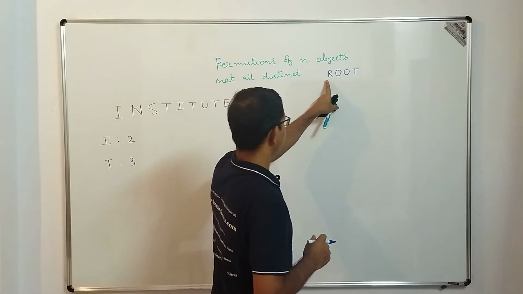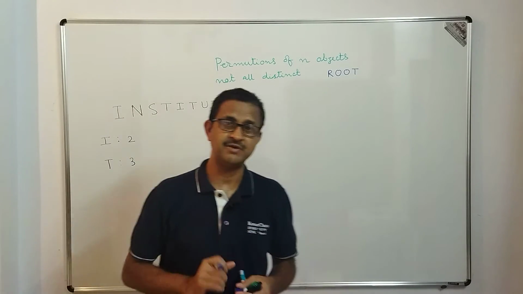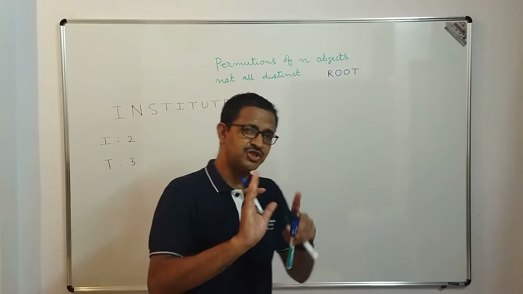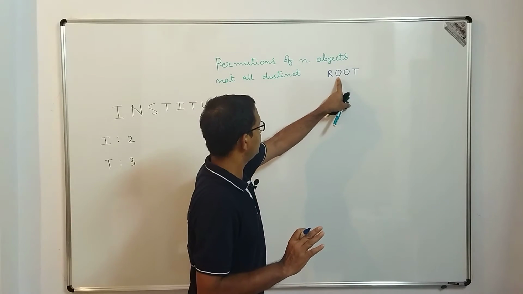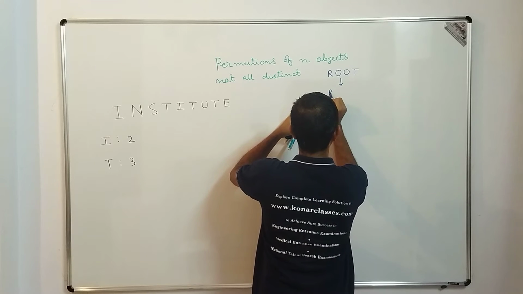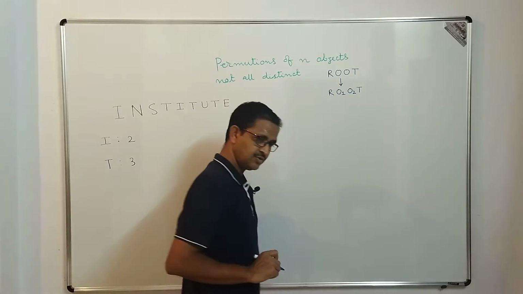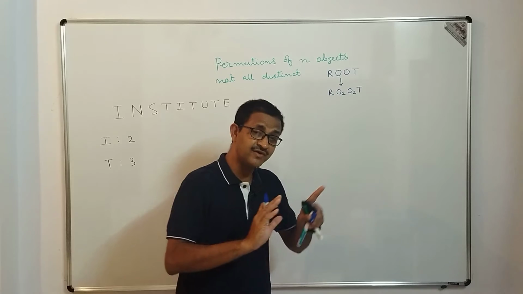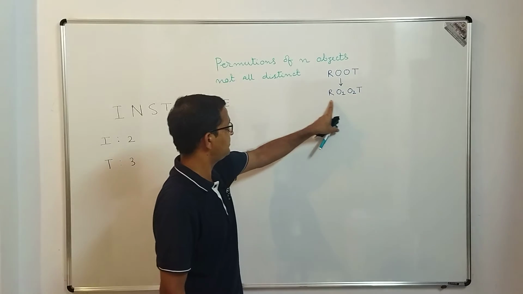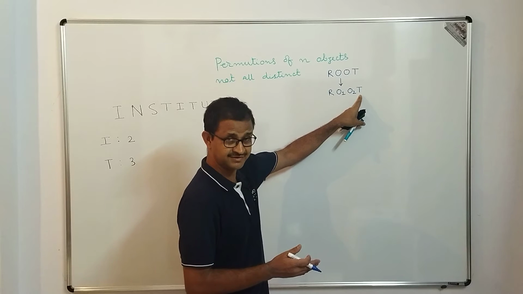If we understand with respect to this small example, it will help us understand when the example is relatively complex. So for the time being, let us assume there are no two same O's. Instead we consider these to be R, O1, O2 and T, in which O1 and O2 are different. In how many ways can we make this arrangement? Obviously 4 factorial ways, since all 4 letters are distinct.